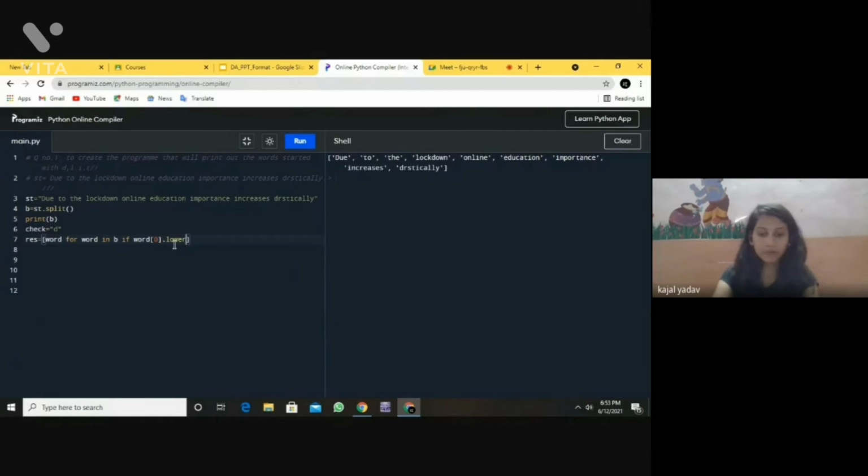So applying here the lower, is equal to, and we have to check with the check variable. After giving this condition, let's print out the result of this comparison.